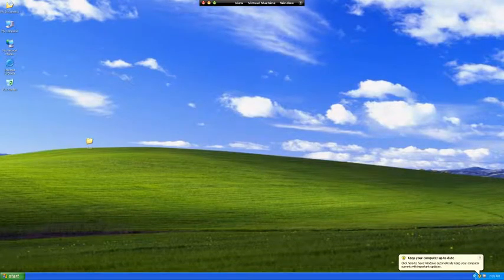Okay guys, I'm going to show you something real quick. Just run over a few things both in XP and in Windows 7. So one of the first things we want to look at is our hard drive properties. Now we've looked at the properties of the operating system and the properties of the display, but not the hard drive properties. So if we want to look at the hard drive properties, we can double click on my